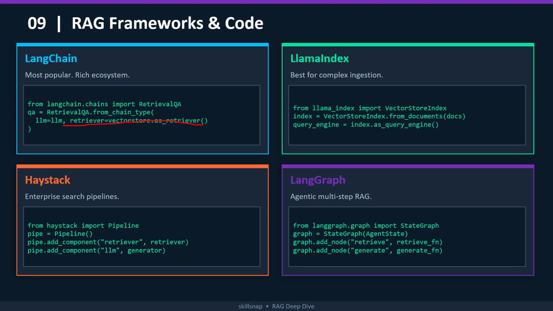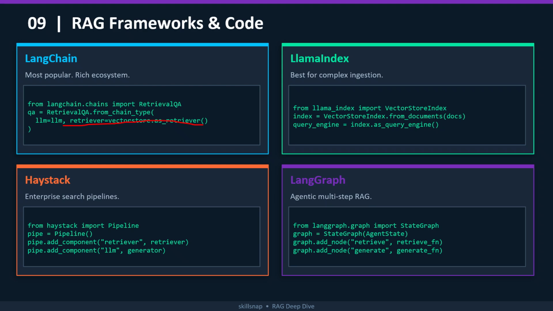Next, we also have Haystack, by deepset, an enterprise focused framework with a modular pipeline architecture. It has built-in evaluation tools, and it is also used for production systems. It can be best used for enterprise use cases, compliance heavy environments, and pipeline observability. And LangGraph,